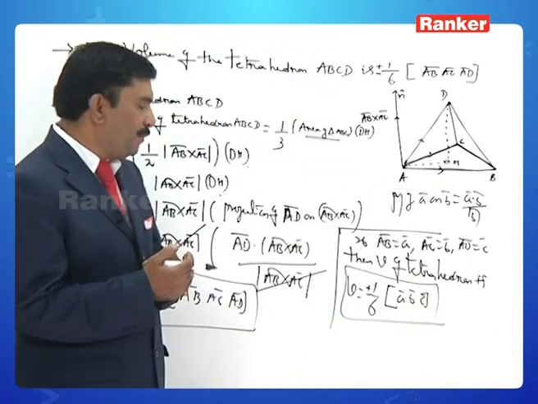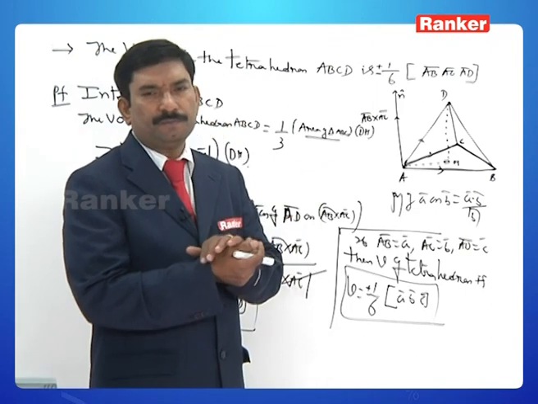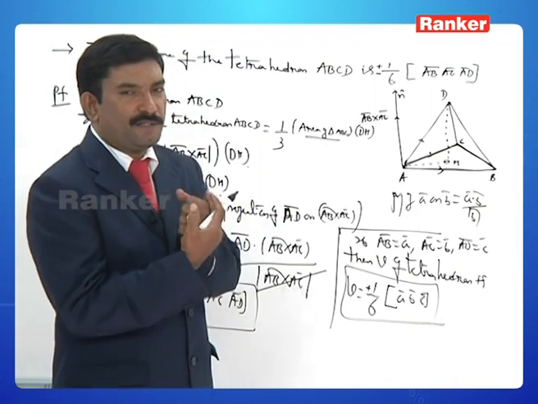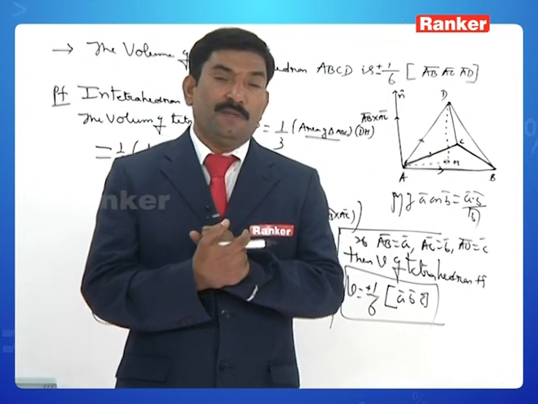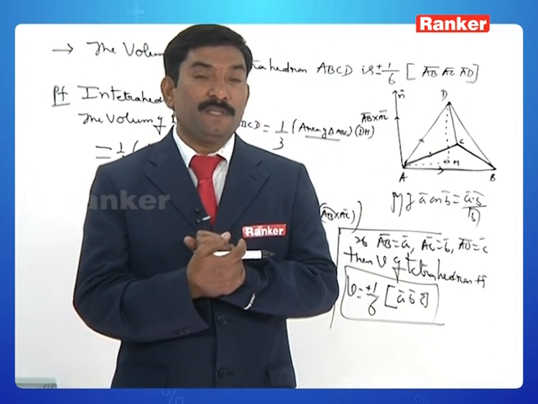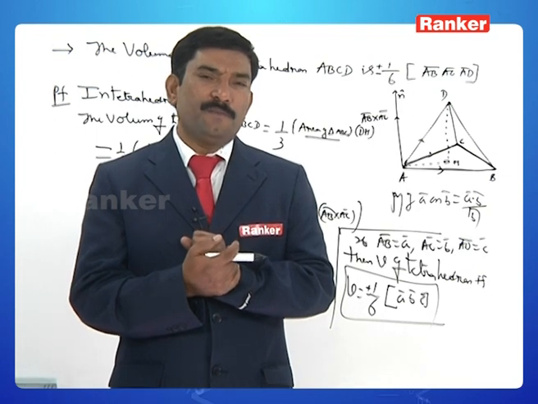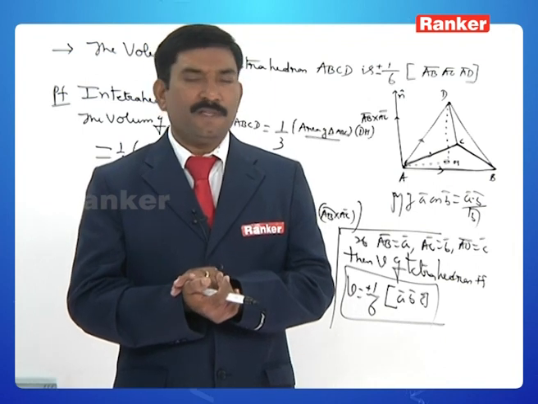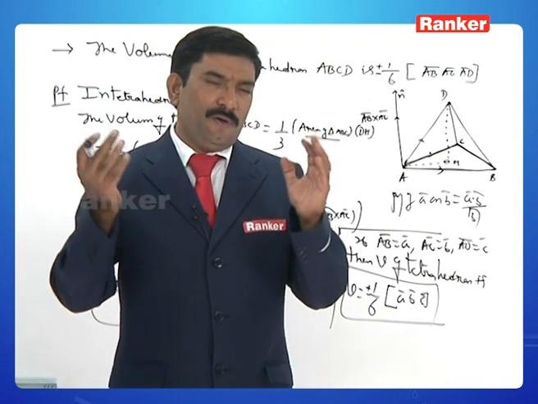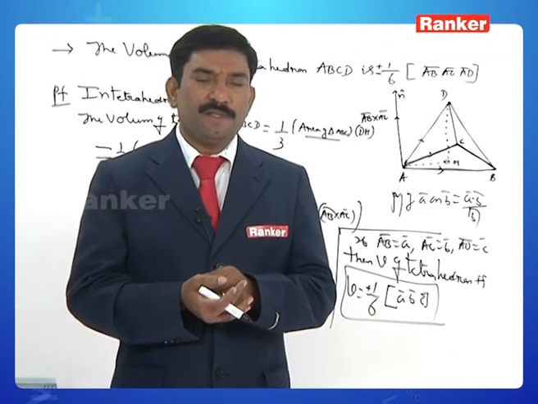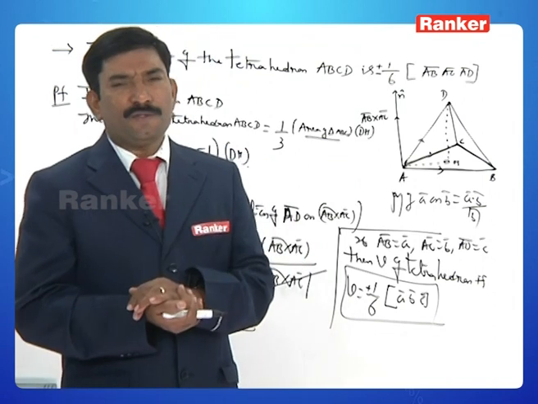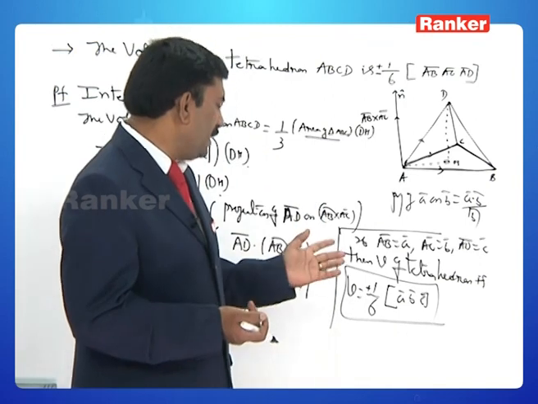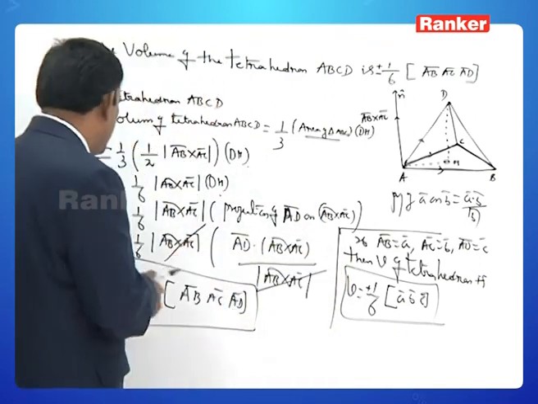Yes, you are talking about the edges. Sometimes he gives the position vectors. Capital A is equal to OA bar is equal to A1I plus A2J plus A3K. OB bar is equal to B1I plus B2J plus B3K. OC bar is equal to C1I plus C2J plus C3K. OD bar is equal to D1I plus D2J plus D3K. Then find out the volume of a tetrahedron. You can write directly. What you can write? Note,